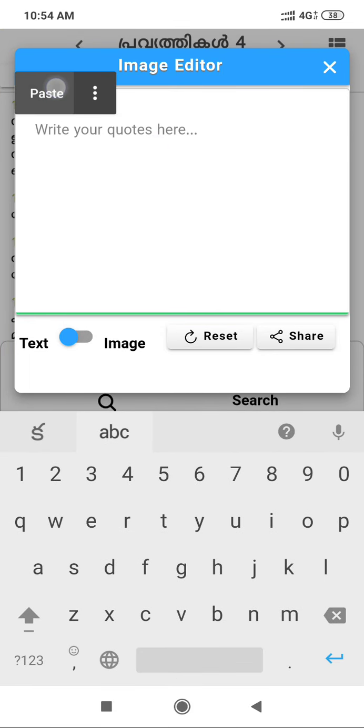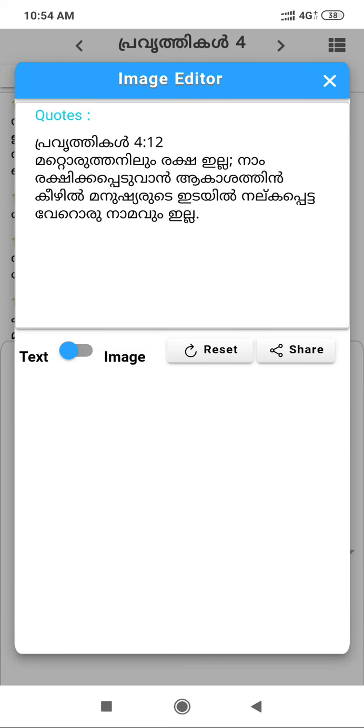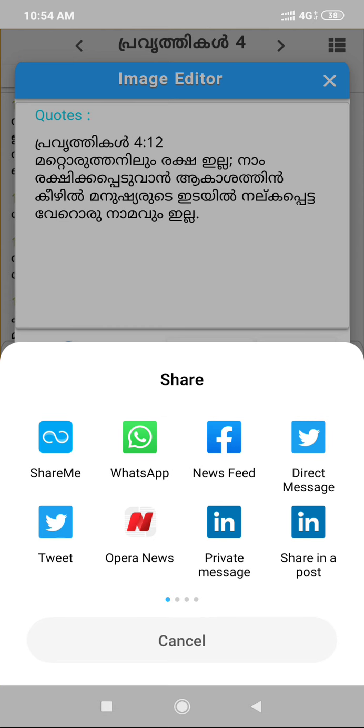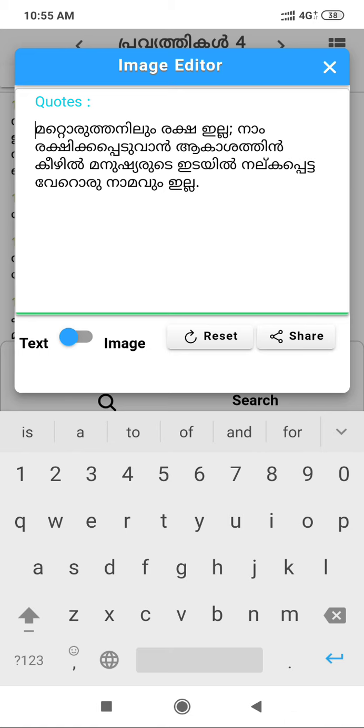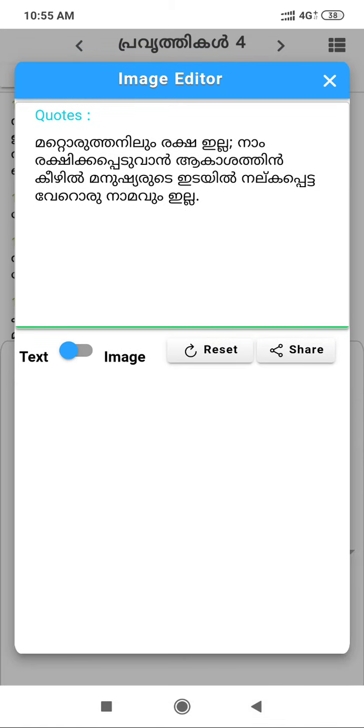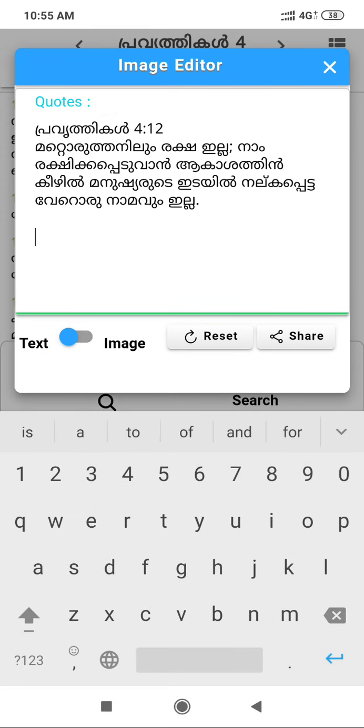I'm going here and pasting. In the image it will display like this, or if you want to send it as text, you can send it as text. Here you can also edit the content. If you find any mistakes in the text, you can edit here and share the text. Reset means it will reset the previous one, oh sorry, right now we just copied, so reset won't work.